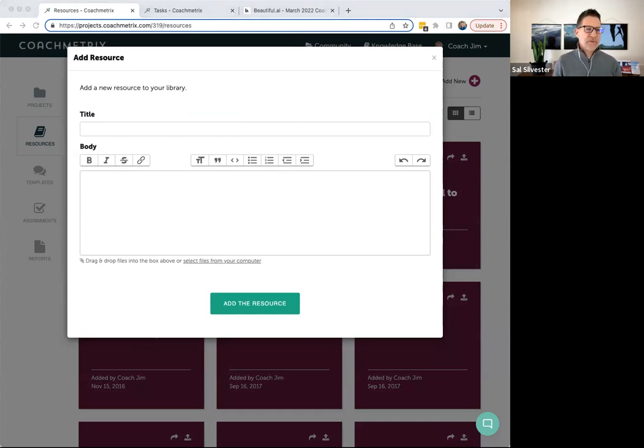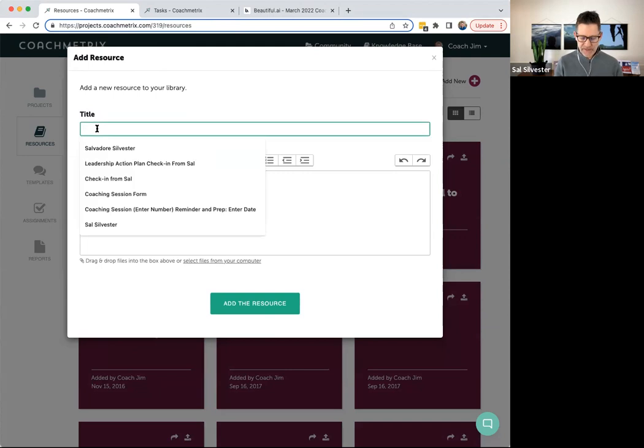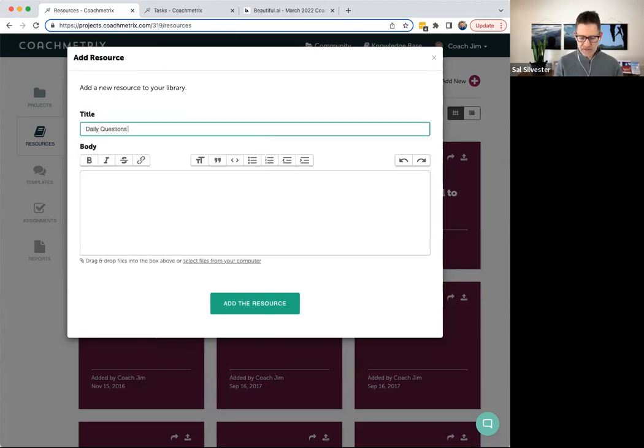We're going to call this resource, this is a tool by Marshall Goldsmith. If any of you follow Marshall's work, it's called Daily Questions. So I'm just putting the title in there, Daily Questions. I'm going to label this version 2 because this is already in my Coachmetrix account.